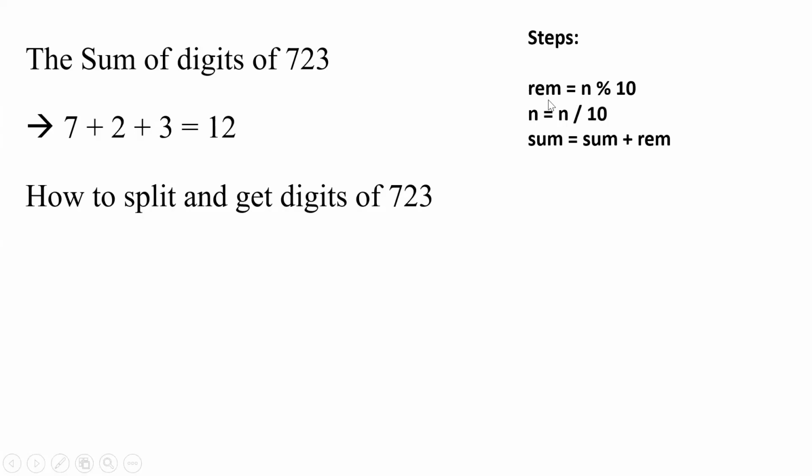First we find the remainder, then we find the quotient, and then we add or accumulate the value of sum with the remainder of each step. This has to be repeated until n is not equal to 0. Whenever n is equal to 0, we should not execute these 3 steps. That is the condition we are giving. You know how to check a condition and execute a set of statements, looping through these statements.